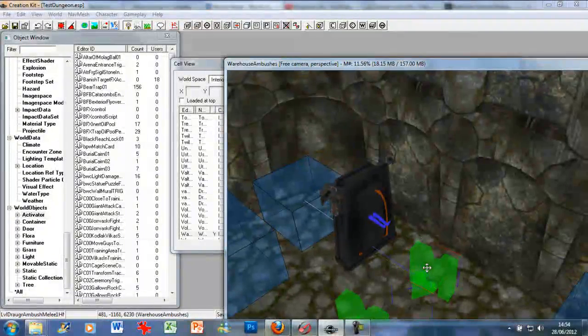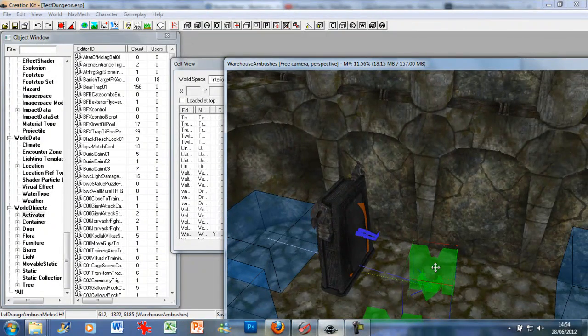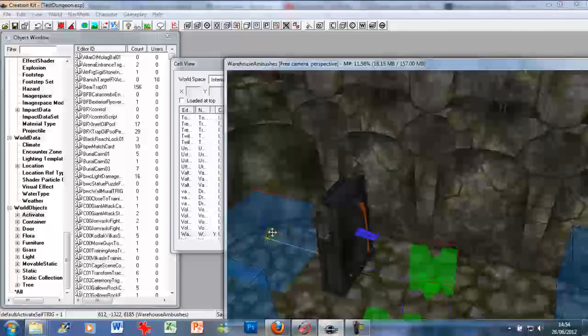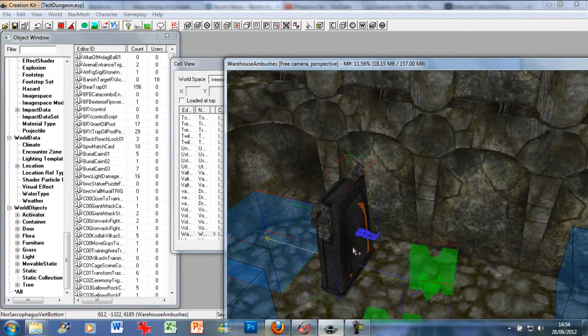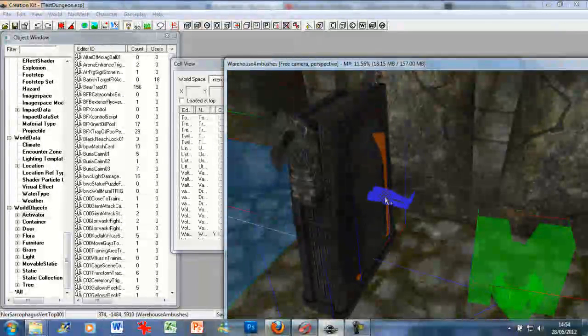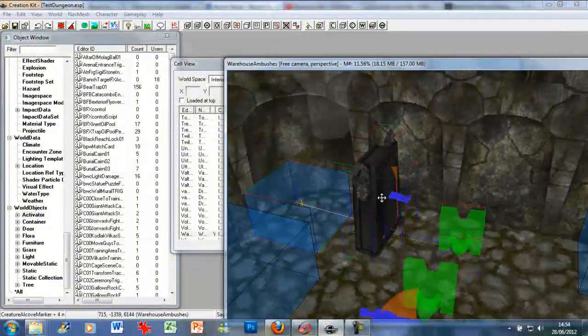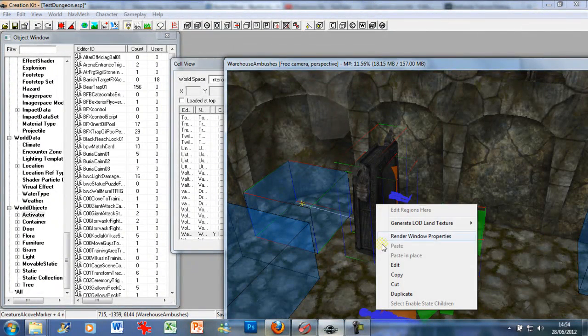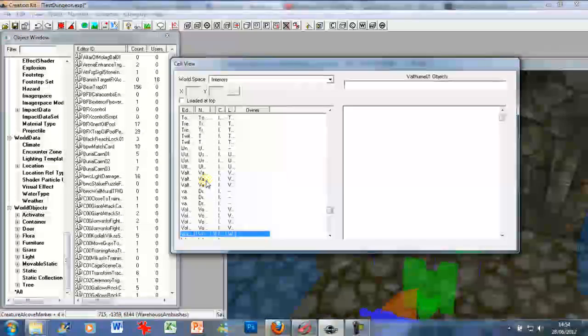As you can see, if you click on the ambush marker, which is the M with the arrow, it will show what it is linked to. So you want to click on that, make sure you're holding down control, then click on the blue box, click on the sarcophagus, click on the lid of the sarcophagus, sorry, because it comes in two pieces, and you want to make sure you click on the little legs bit there. That just tells the NPC where to go, essentially. Now you've got them all selected. What you want to do now is just right click, copy, and go back to your dungeon you're working on,